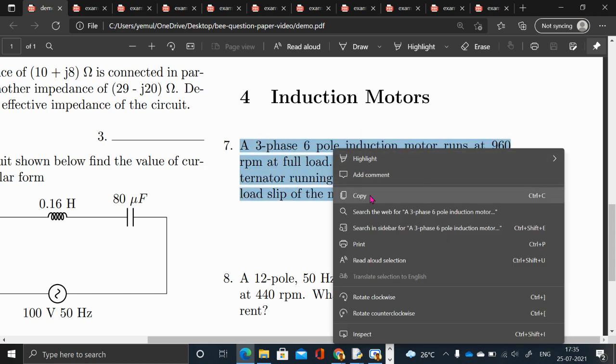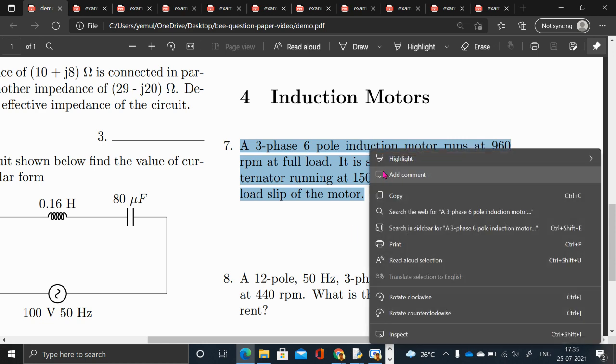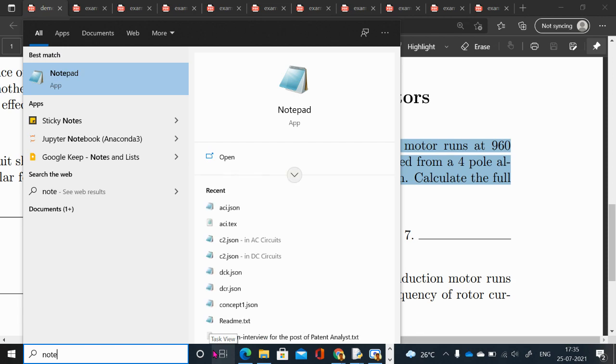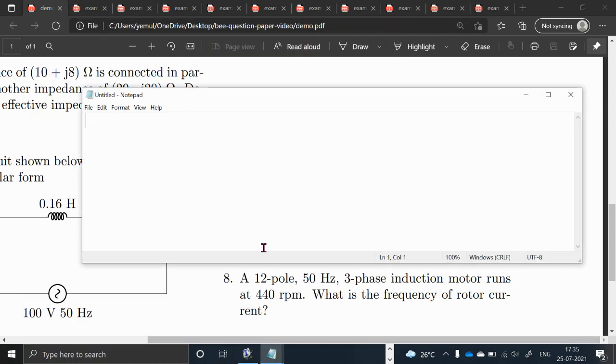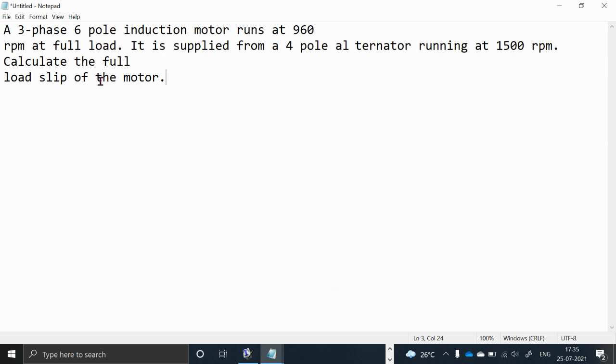I copy this. What you have to do is decide on a concept, what concept I want to make a question on. I'll give you the list of concepts shortly, but you decide a concept, identify the question, copy the question, and then go to Notepad,